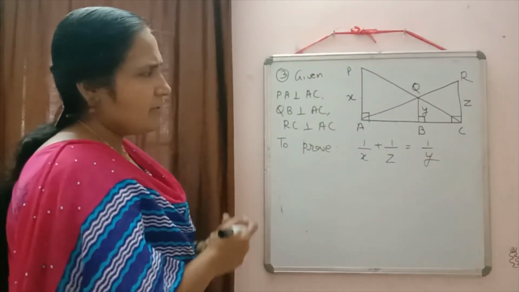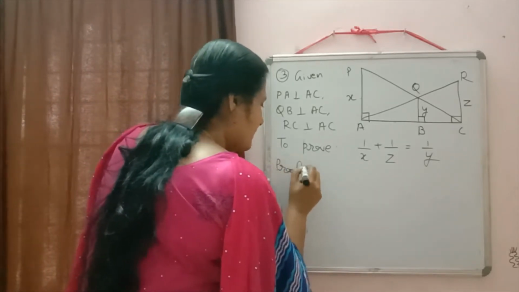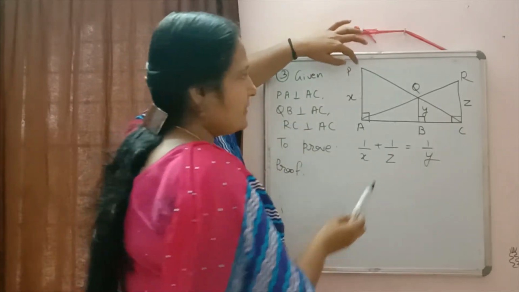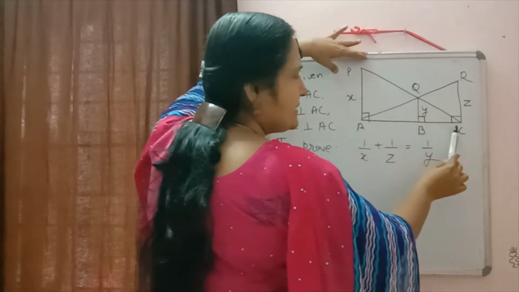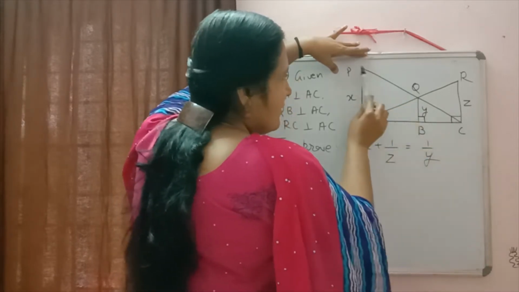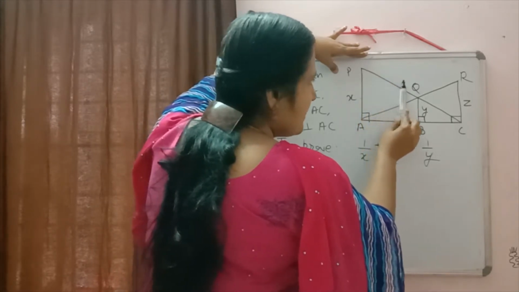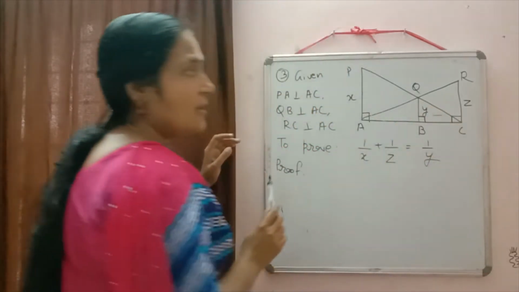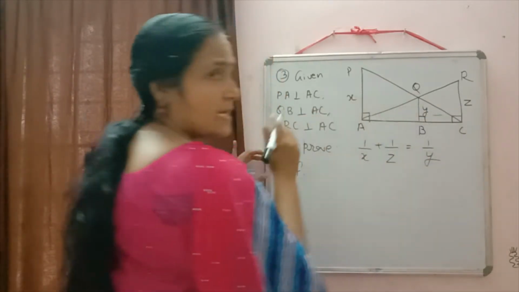Again, first we will check whether we have some triangles so that we can prove they are similar. In the diagram, one triangle I am taking is triangle PAC. Can you find any other triangle in the same direction? Yes, when we are drawing, it becomes shorter, and here once again we get one more triangle, that is triangle QBC. So first we will check whether these two triangles are similar or not.